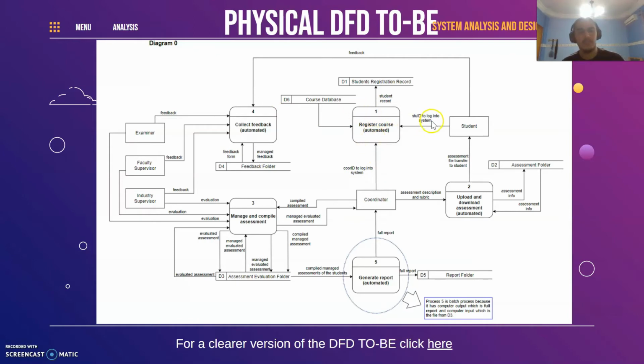The student here is going to log into the system using the student ID and password, and he or she is going to register courses in his semester. Since our system has access to the course database, the student is able to view all the courses and register in them. After he or she registers, that registration data is saved into the student's registration record in the UTM database. The coordinator can also log in using the coordinator ID and password to view the progress and the registration of the students.